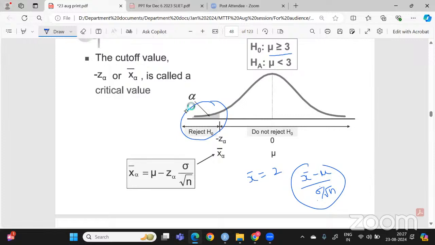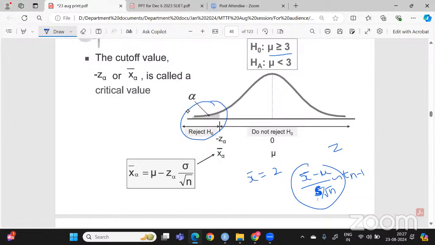If sigma is not given to me, then I have to estimate it with the sample standard deviation. And if I estimate sigma by the sample standard deviation, then the distribution of this function changes from z to t distribution with n-1 degrees of freedom. So now what I am going to do is